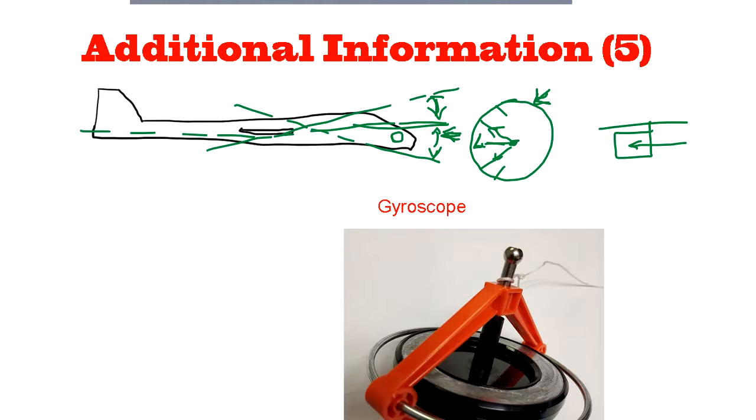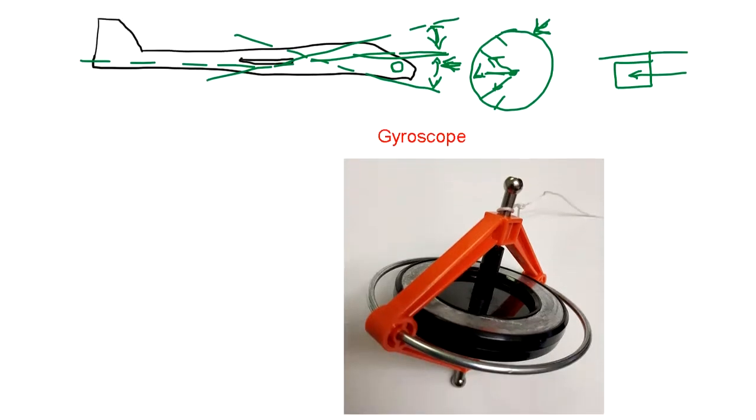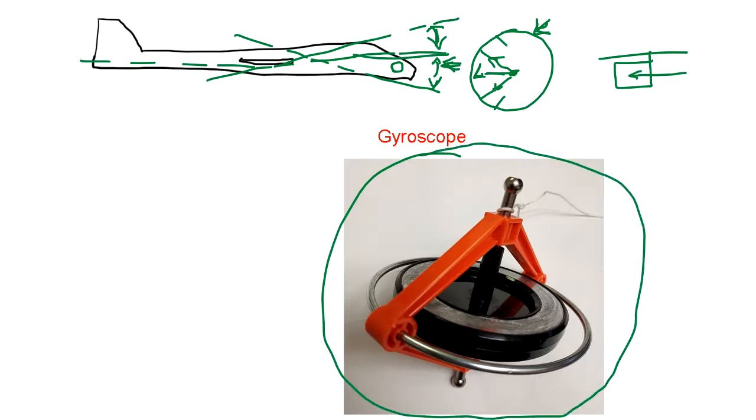And I don't know why they use such a cheap device to detect the level. To detect the level, they should use a gyroscope, and I'm sure some of the devices already have a built-in gyroscope, like the banking detection. Banking is when the airplane is banking this way, right wing low, left wing up, or the other way around. Okay, so the gyroscope is the commonly used device to detect the direction of the level. This is the level, even in a satellite, right? So you have a spinning, it's called a rotor,